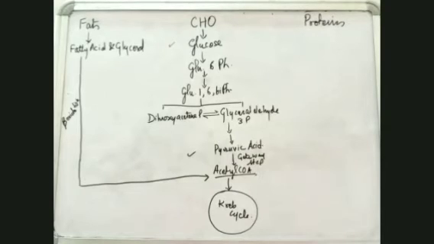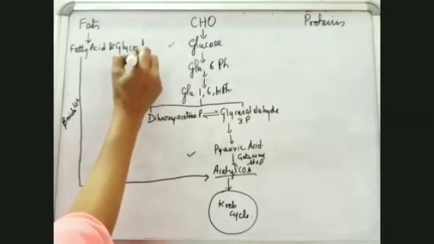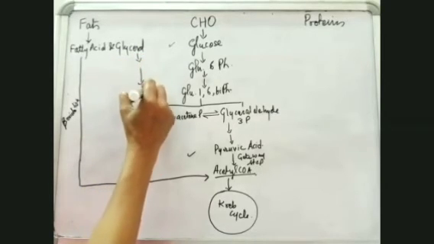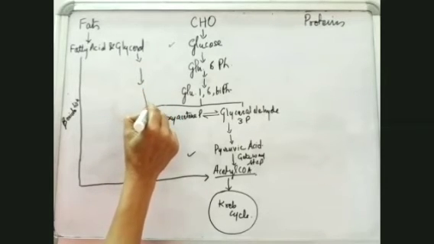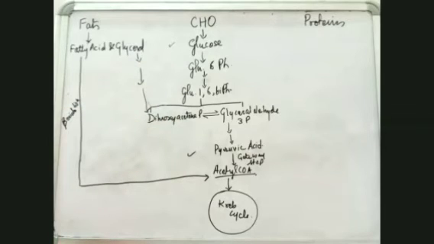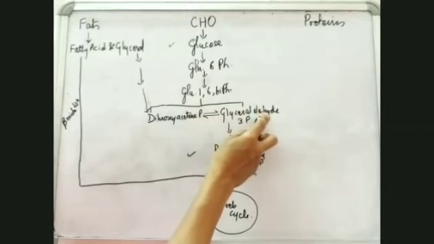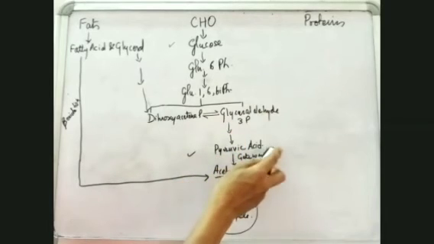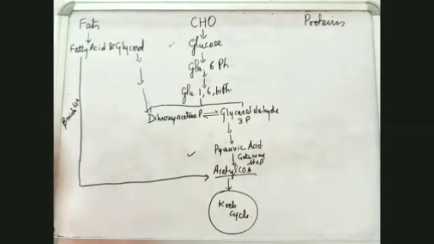This glycerol enters when it gets converted into dihydroxyacetone phosphate. So this glycerol, through many steps, gets converted into dihydroxyacetone phosphate. Then this dihydroxyacetone phosphate gets converted into glyceraldehyde 3-phosphate, which then finally after 3-4 steps forms pyruvic acid, and then pyruvic acid undergoes the gateway step, then forms acetyl coenzyme A, and then enters the Krebs cycle.